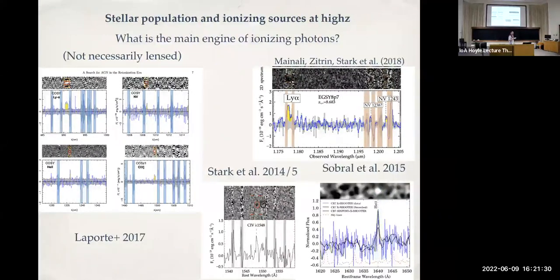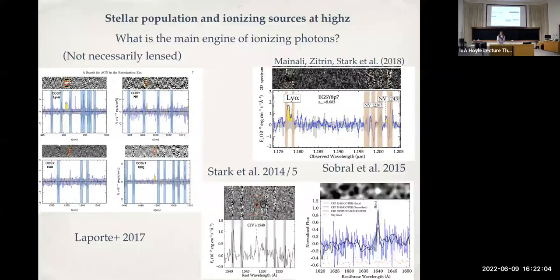Some of them require a high ionization potential. I think, correct me if I'm wrong, that C4 is 54 electron volts. And we see C4 and we see helium-2. And we see nitrogen 5, signs of it, right? 3, 4, maybe 5 sigma, but not something definitive. So we think we might be seeing the missing link between galaxies and these high-redshift quasars you hear about, which are basically AGN or size of AGN. In other words, is the ionizing field from these galaxies dominated by AGN or by POP3 stars, binary massive stars